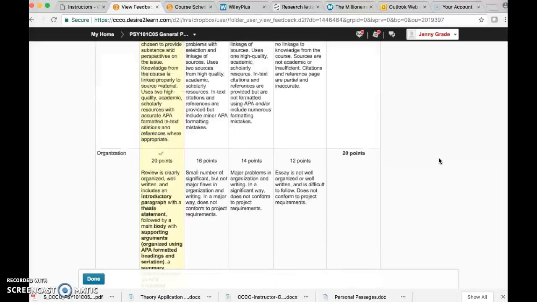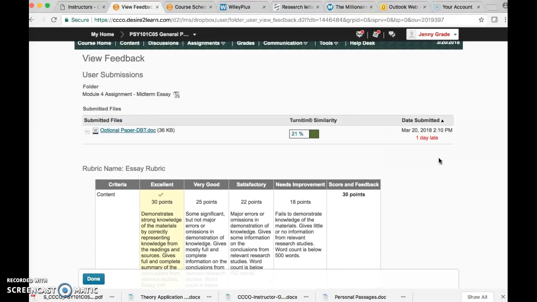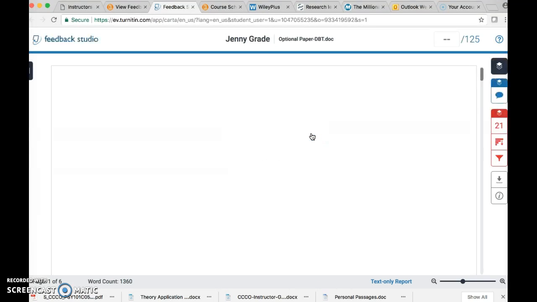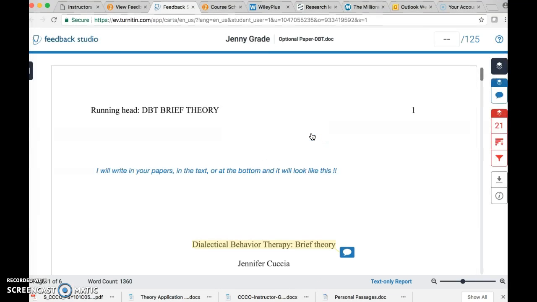What we're interested in is the Turnitin similarity. So you will click the colored bar and it will open up the paper. This is a fake paper. Well, it's actually a paper I wrote on DBT when I was in graduate school, but we're using it as an example. You will see here that I've written